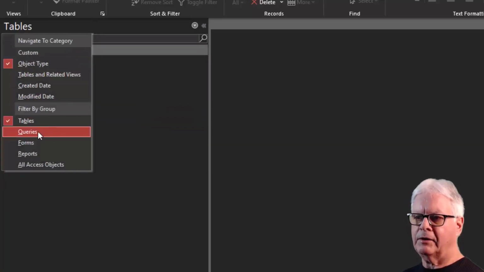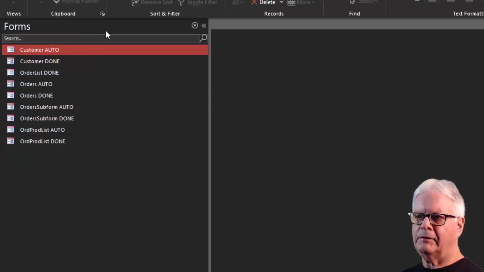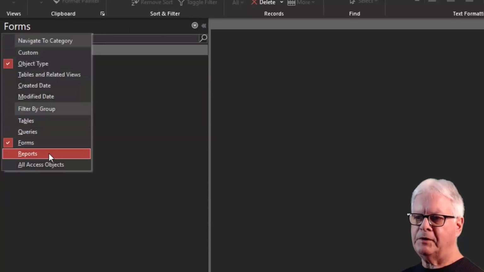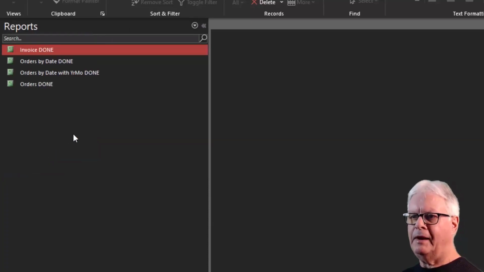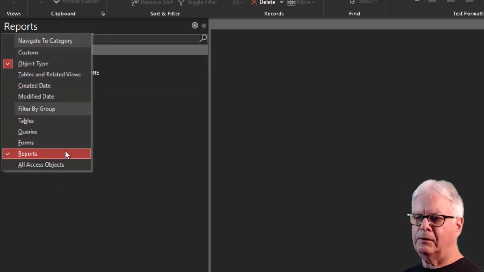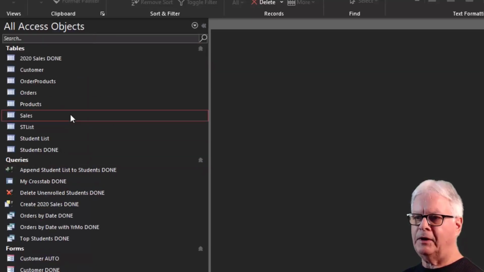If I click on it again, go to queries, I can cycle through and do all of the different objects. So sometimes if you get a lot of things on the navigation pane list, you might want to do that. One other thing you can do, though, if I click on it again and go back to all Access objects,